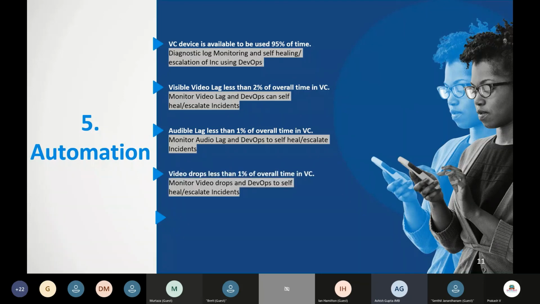The other was, again, video drops less than 1%, and then we discovered that for the last one, there were a couple of features available within the video system, and eventually they had to be enabled by bringing in more customization into the current system. So we needed to talk to the vendor and get them enabled. But eventually, as a result of this, all those 5 wish lists which would make the service more reliable,